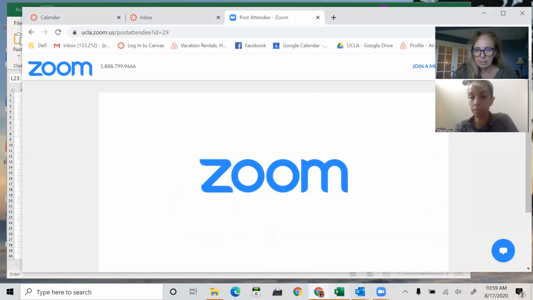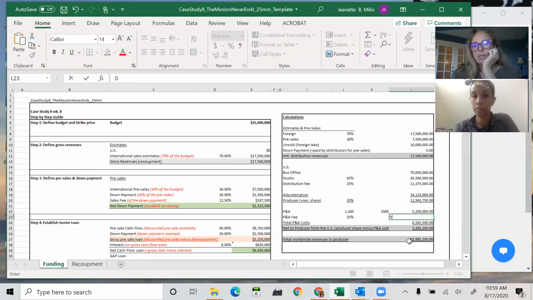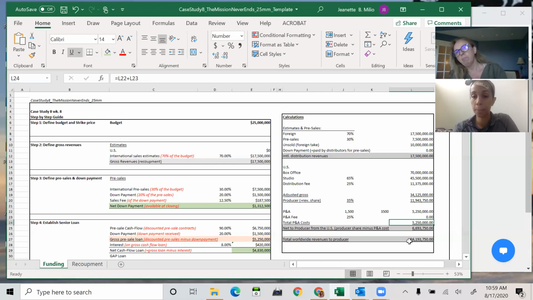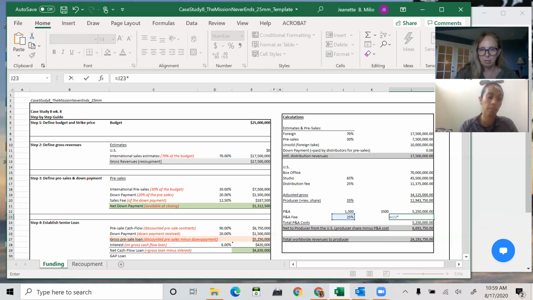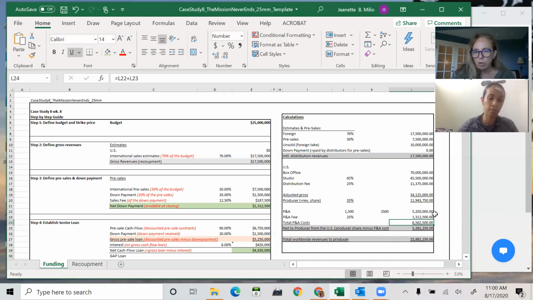Now the P&A lender says we want to make money, of course. So they're charging us a 25% fee on their money. So given that they paid us 5,250,000, what's the fee going to be on that? They want to make 25% on their money. So they're going to charge us 25% of the money they're giving us, which is the 5,250,000. So how much fees are we paying to them now? I think that's a fee of 1,312,500. That's correct.